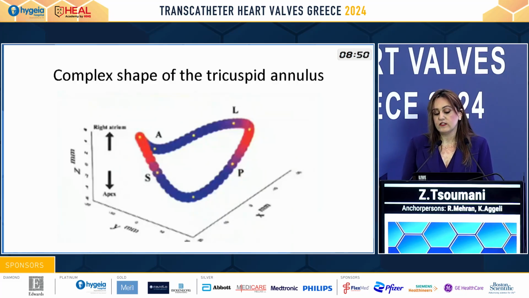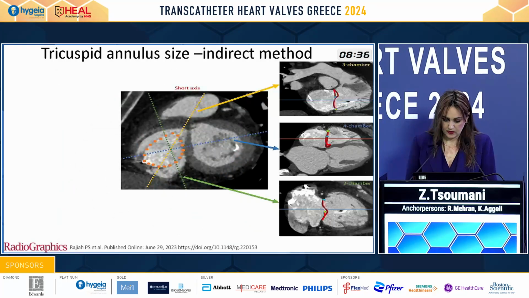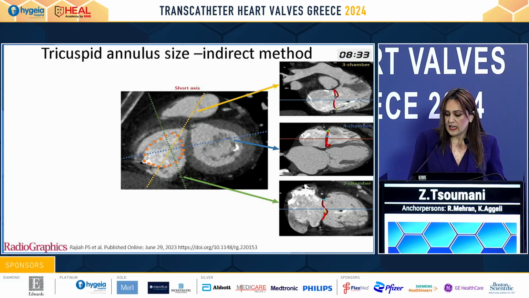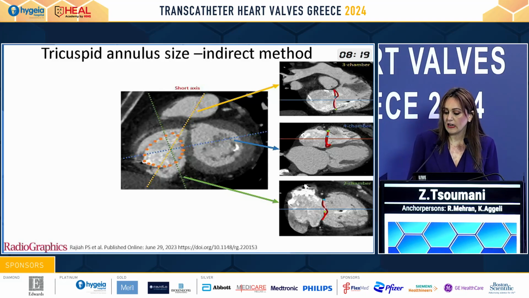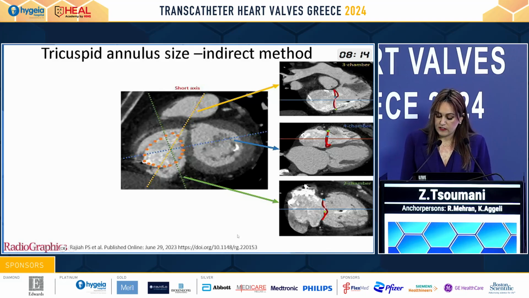We have to bear in mind that the tricuspid valve is not planar, it's a 3D structure, a D-shaped, saddle-shaped structure. And CT can help us by giving us three-dimensional parameters. In order to do that, we use an indirect method, which is the same as we do with the mitral valve. We rotate the plane of the measurement along the RV plane, and we manually place seed segmentation points at the level of the anterior and posterior hinges. Then we get